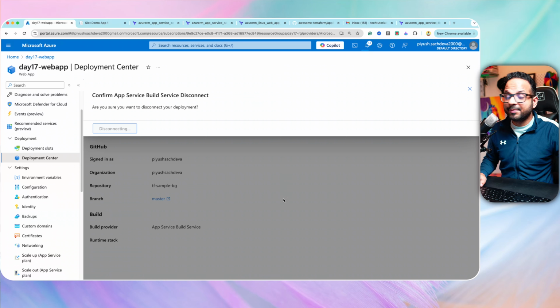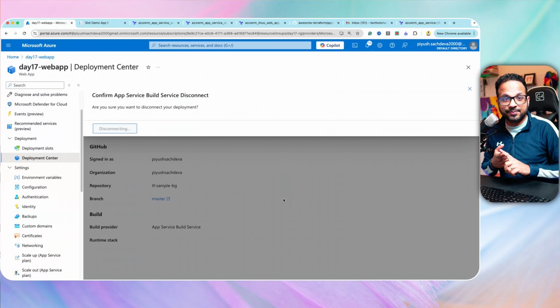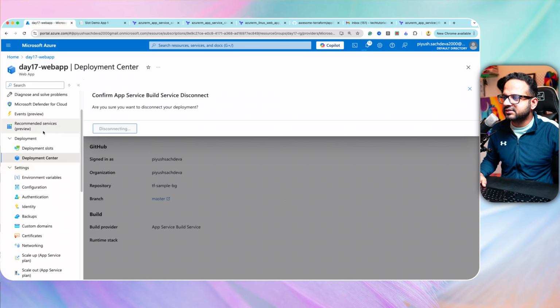But the work is not completed yet. We just deployed into the primary slot, we have to deploy it in the secondary slot, and then we also have to do the swap as well. Okay, so let's do that. Once this is done,